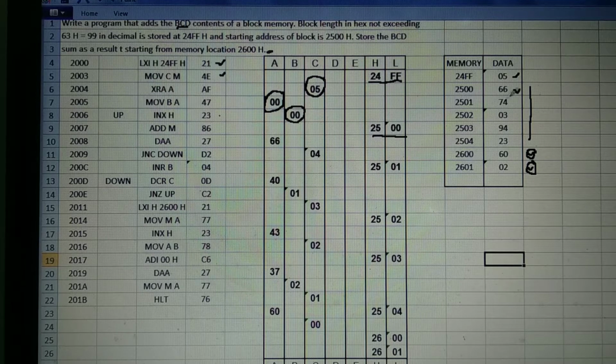Here 66 gets added to the accumulator, and here the result is in hexadecimal form. You convert it into BCD form with the help of the DAA instruction. If carry is not generated, then go down. But if generated,